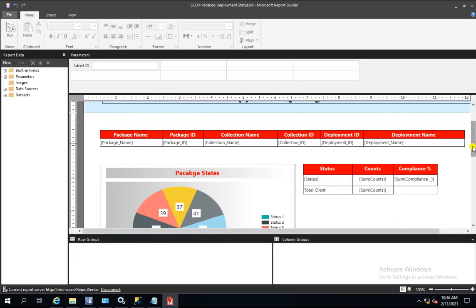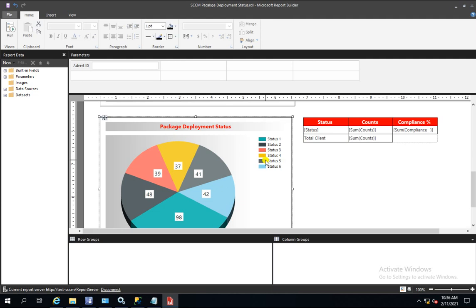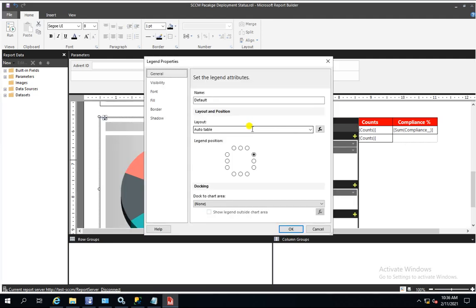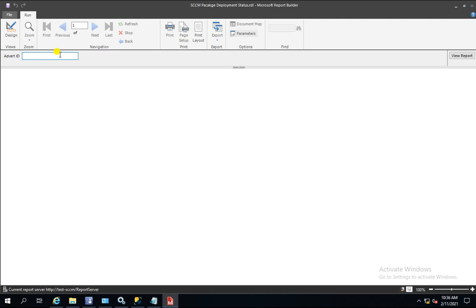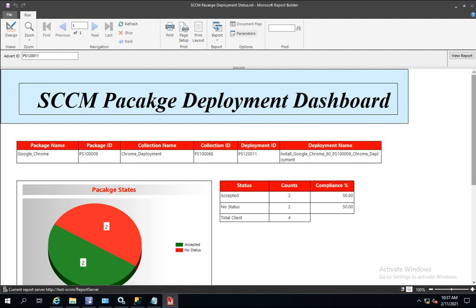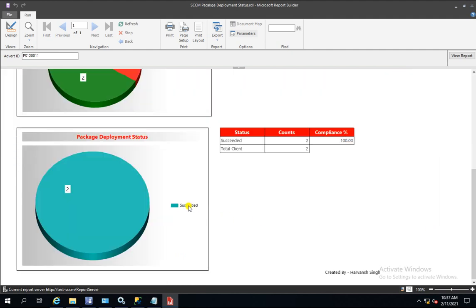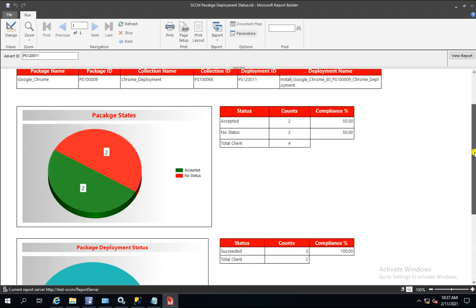The status. Let me go into the mode, take the list, and just put it here in a centralized way. That's all. Now I can run it. Put the advertisement ID, and here you can get it. Okay, so now it is coming. Whatever color is used here, you can see the same here. If it is a failure, then the color will change, and it will divide this pie chart. Okay guys, so this is how you can track it.